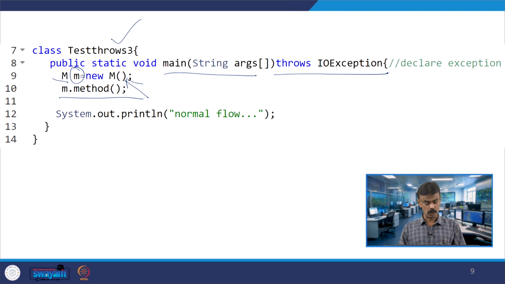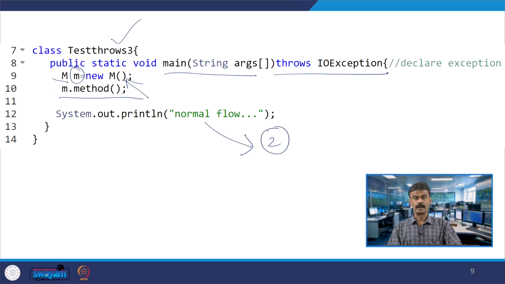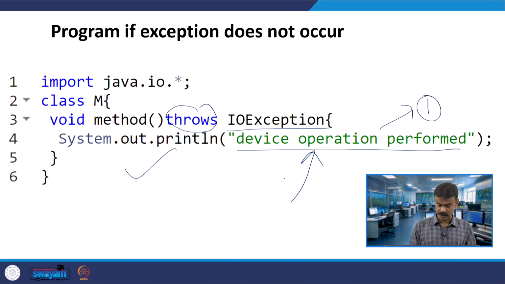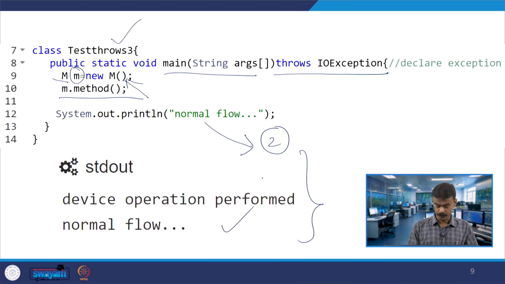The first print is this and the second print is this. So, these two will be printed: device operation performed and normal flow.